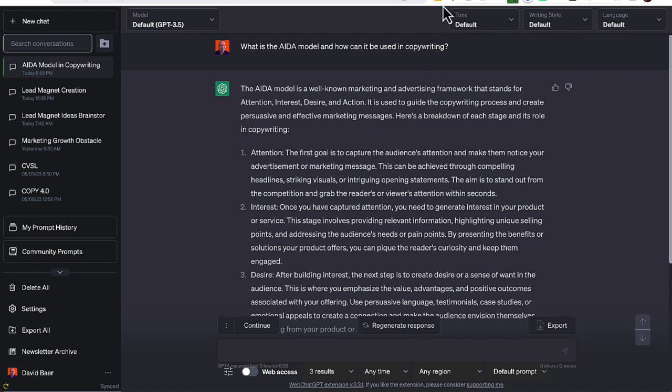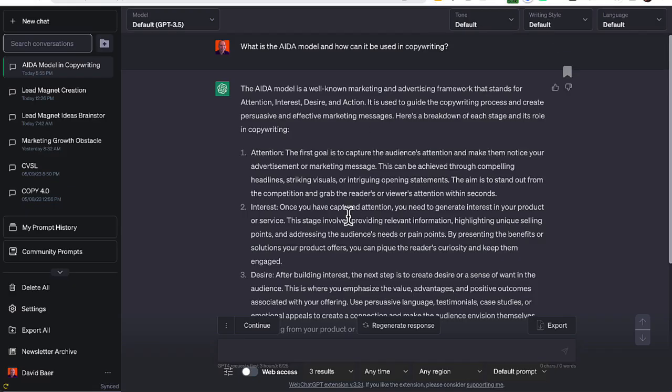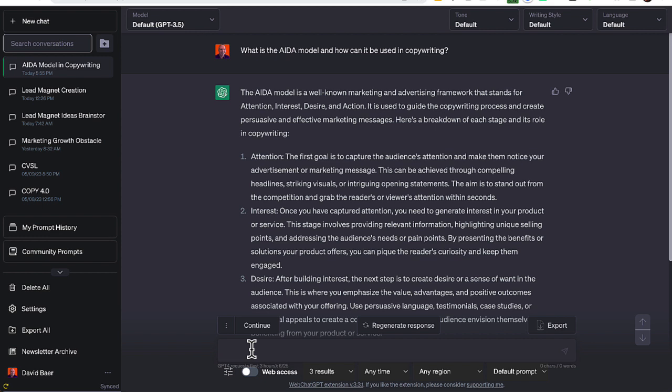And that's really where the challenge of using these types of prompt packages comes into play, because just like with any prompt, you have to figure out, okay, now that I got this output, how do I follow up to get more value out of it? So you can say something like, that's great. How can I apply this to selling